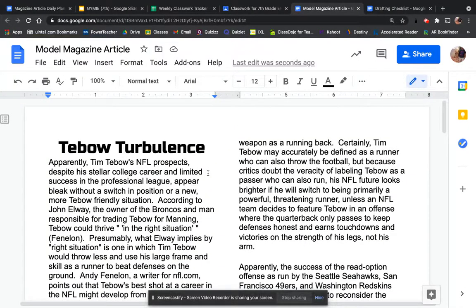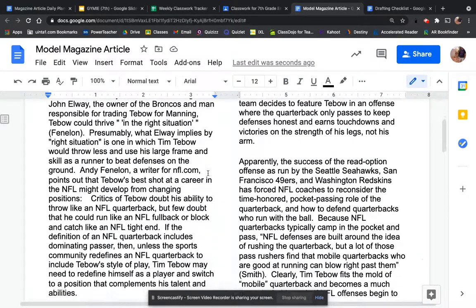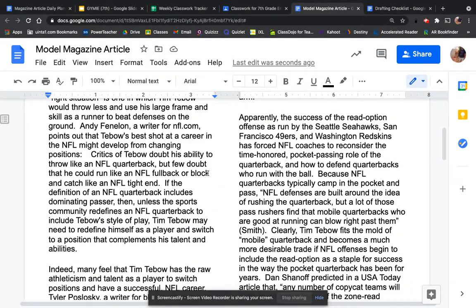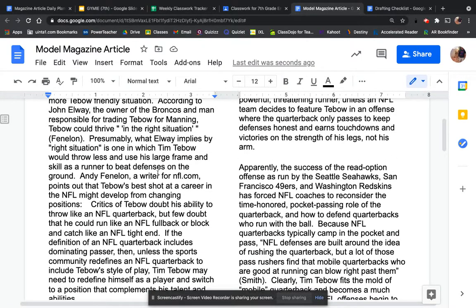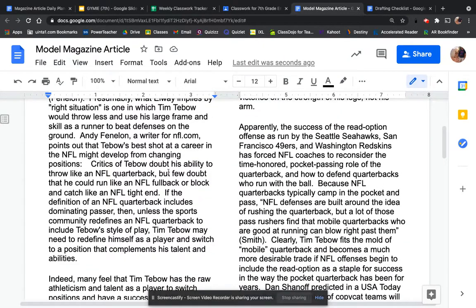Now I need to add a pullout quote. So I just find a sentence in my article that really kind of defines the article or is a good quote. And it could be anything. It could be something that you said, or it could be one of the quotes that you actually took from your research. So I'm just going to grab one real quick and go ahead and do this one. Highlight it, copy it,